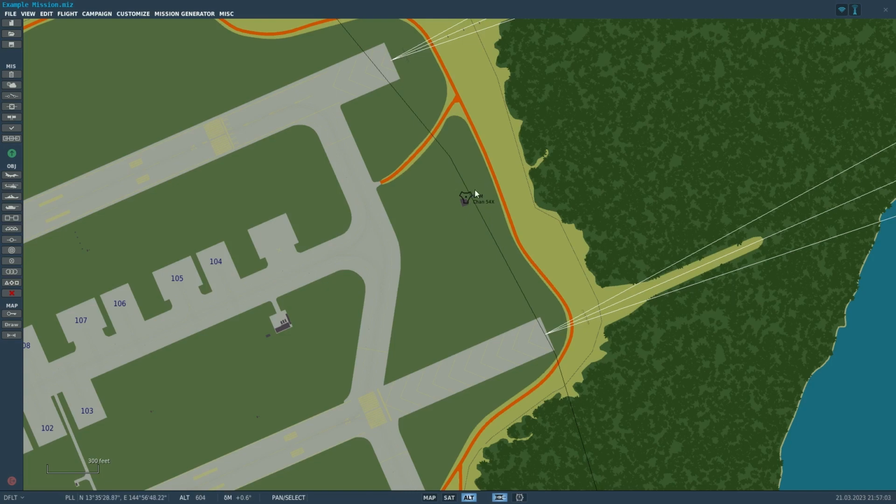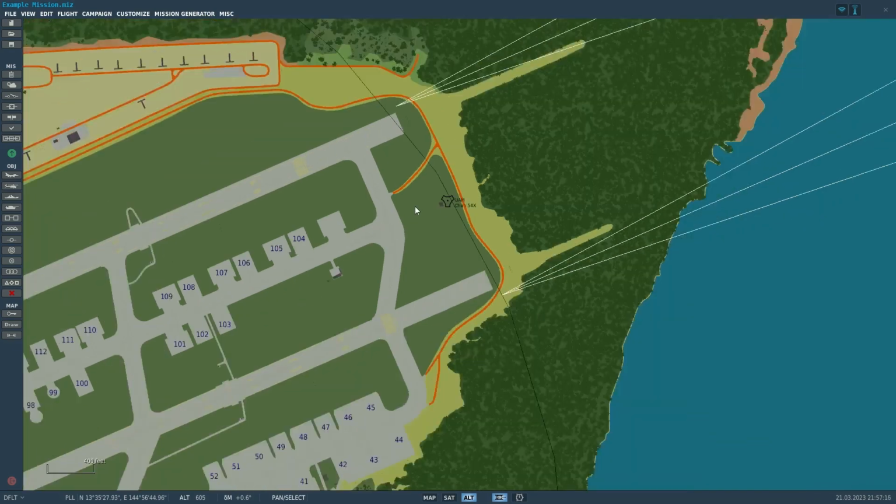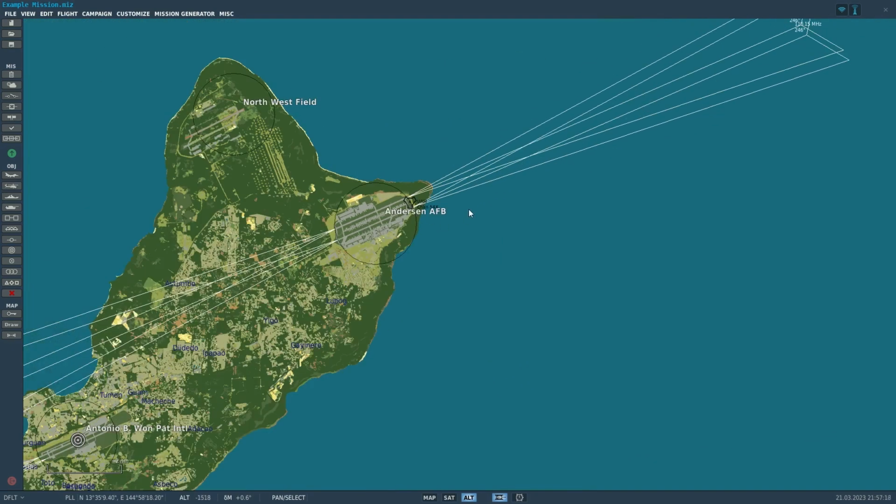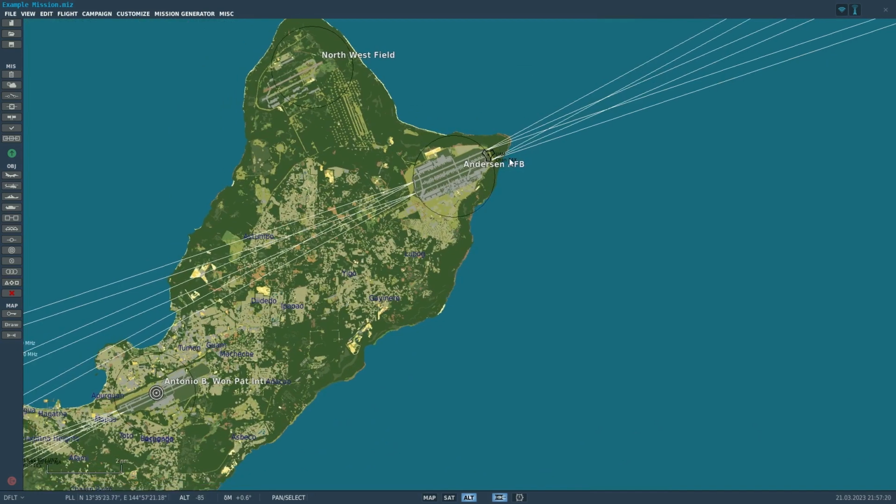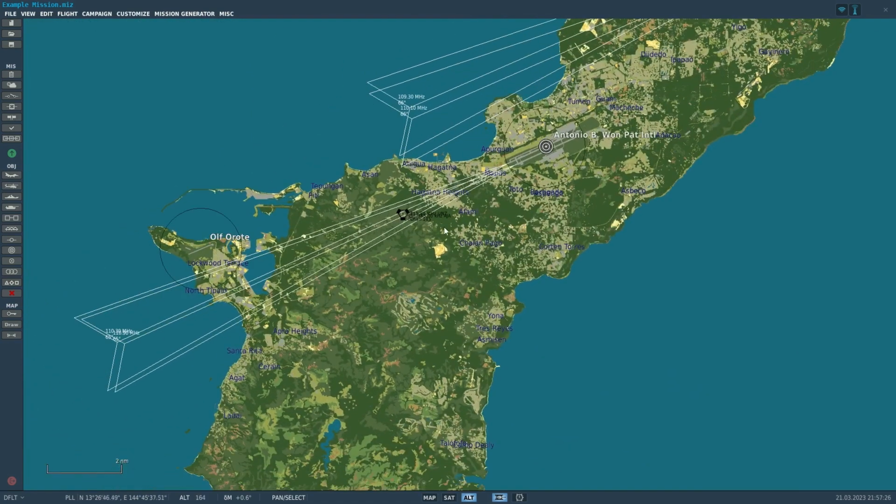Every TACAN beacon will have a 3-letter code as well as a channel. The 3-letter code, when you tune into that beacon, will repeat in Morse code in your headset. So this is normally a system that is found at military air bases on land, but there is a variant